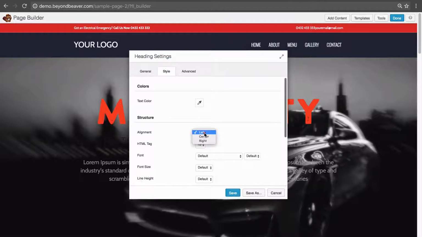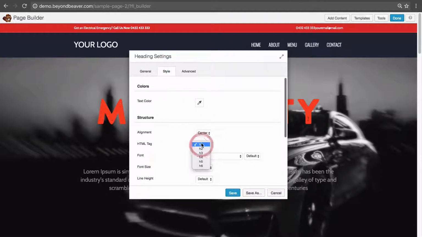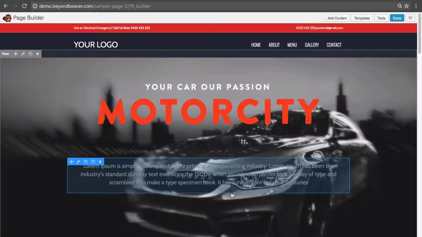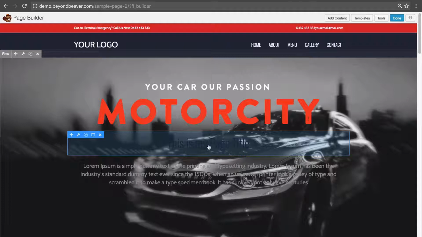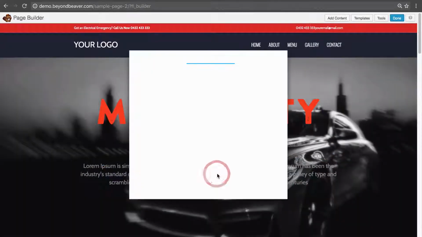And then I'm just going to center it, make it an H2. So I'll click save. So you can see it is there, but you can't see it. And that's exactly what I want so that I can show you guys the next step. And what we're also going to do is in this text here,